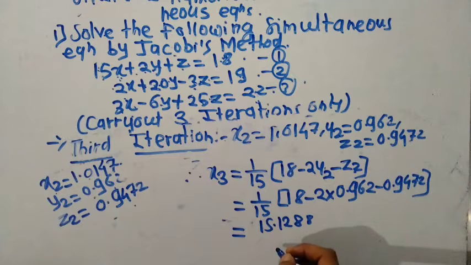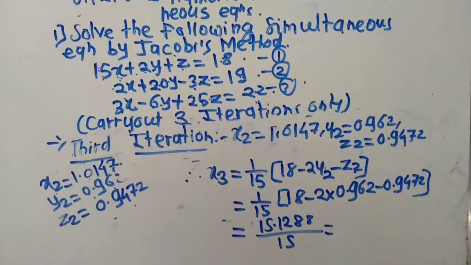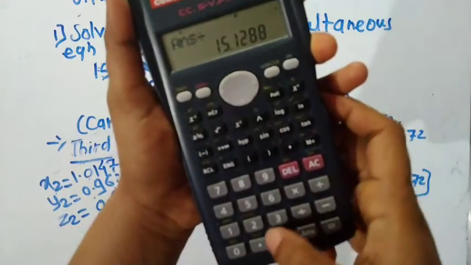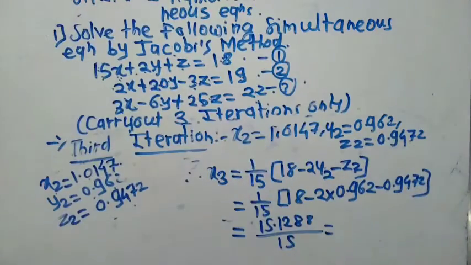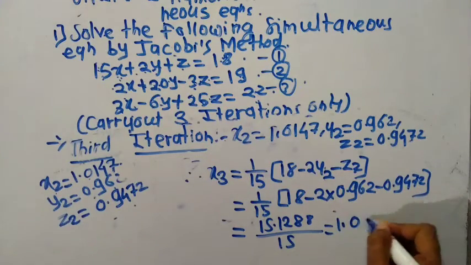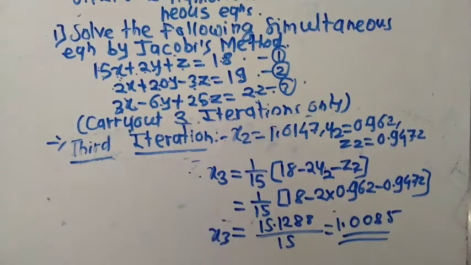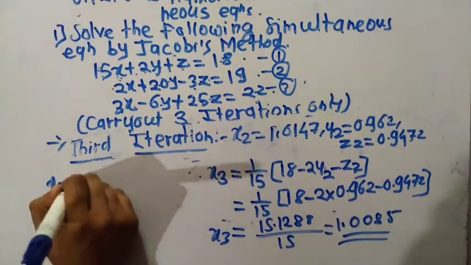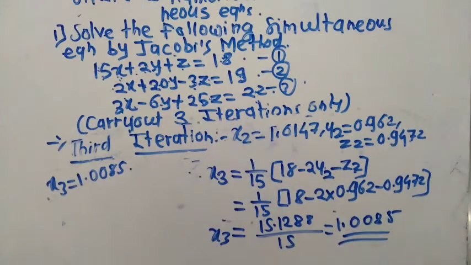15.1288 divided by 15, which is equal to 1.0085. These are the x3. So here x3 is equal to 1.0085. Then find out